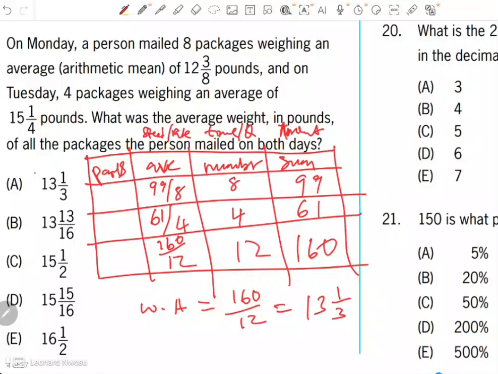Weighted average is also the group average, the final average, the cumulative average. What if the question already provided the cumulative average and is not asking you to find the average of one of the parts? Then by looking at this table, you can visualize it and think of where you are going to